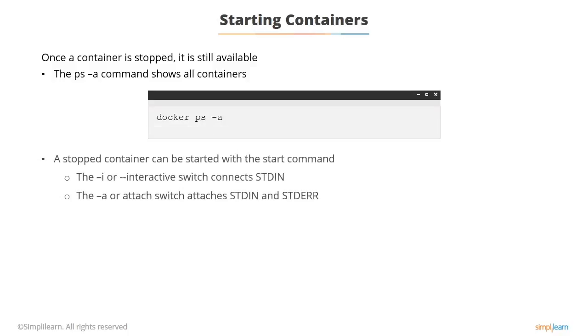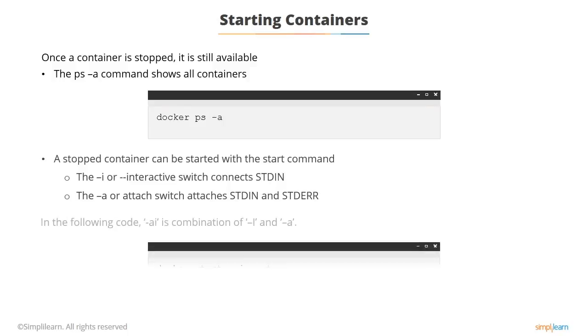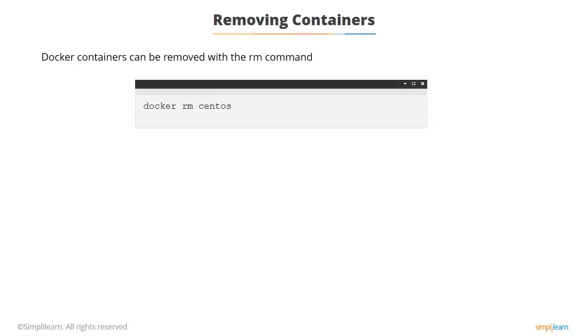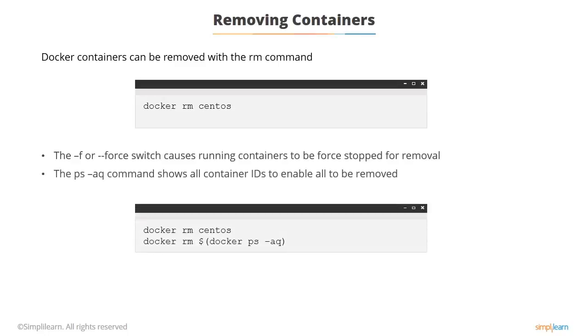Removing containers, you just do docker rm CentOS in that case. If the container's running, it will refuse to do it unless you add the -f switch to force it to stop. The ps -aq command shows just the container IDs. So that command at the bottom, docker rm $(docker ps -aq), effectively deletes all the containers on the current machine. You can run them in the background by using the -d for daemon or detach switch, and you can send signals to the container as well using docker kill.